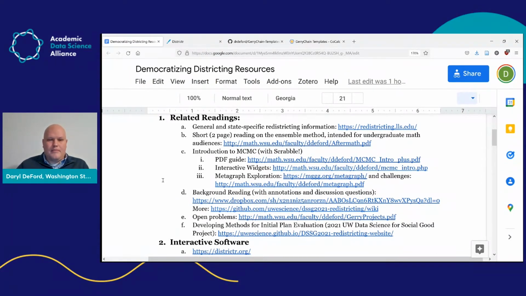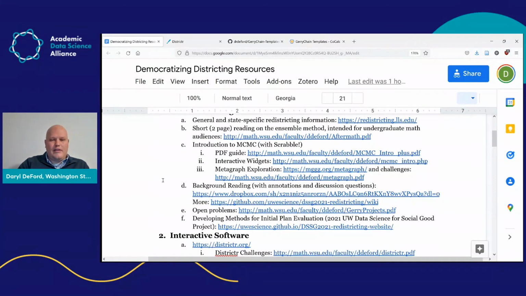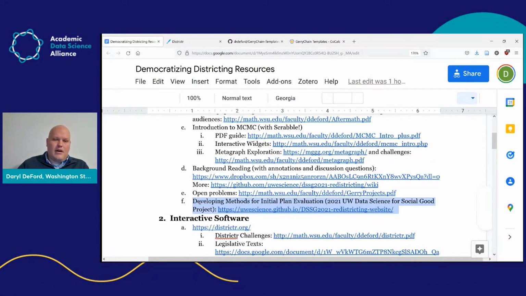as well as a Dropbox folder with a large collection of background readings in this field, some of these papers that have come out over the last couple of decades on the computational side, as well as a project that I want to highlight down at the bottom here. So last summer, I worked with the University of Washington's Data Science for Social Good program to help supervise a team of graduate student fellows who did a bunch of really interesting research about ways that you could use these methods to evaluate initial plans, thought through some modeling questions that need to be considered. They looked at a bunch of case studies and did a nice job of pulling all of their information together there. So this link takes you to the large project website and then the specific document